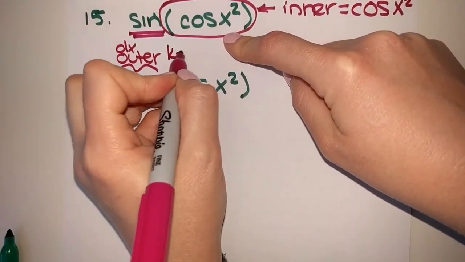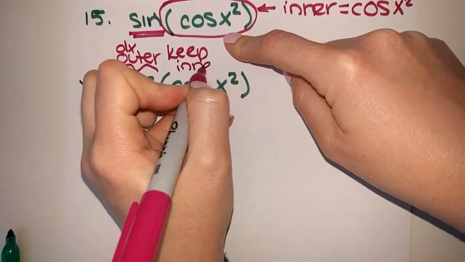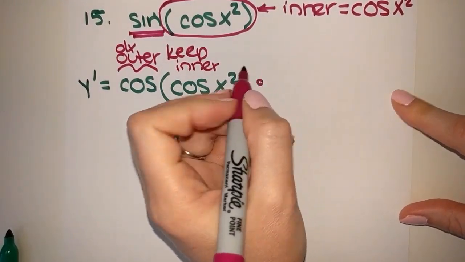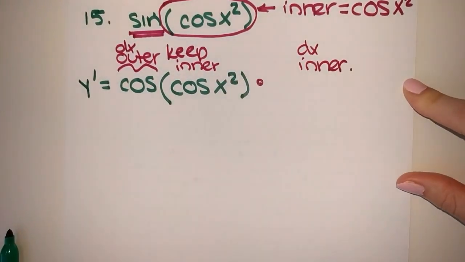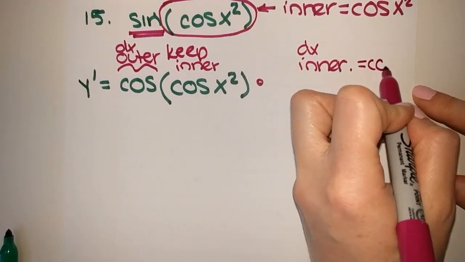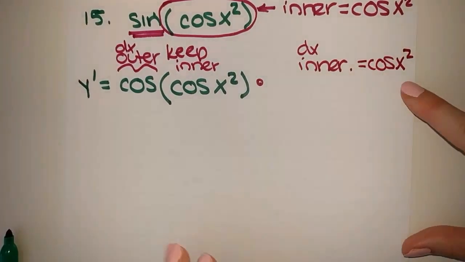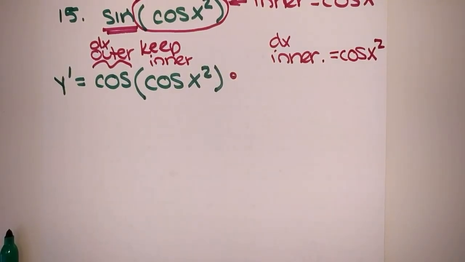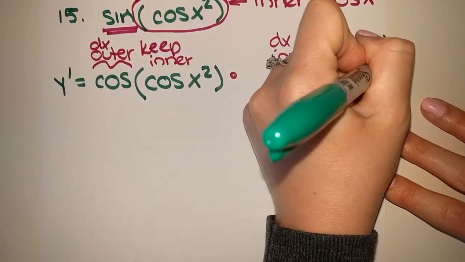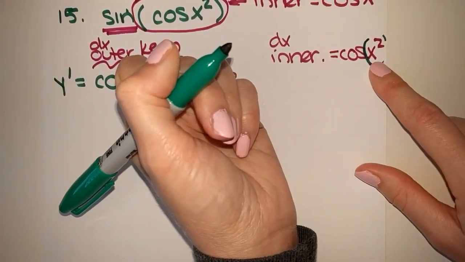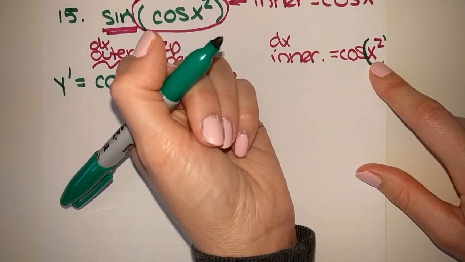and then keep the inner fixed. Now we need to multiply that by the derivative of the inner. Now the derivative of the inner is cosine x squared. And if you look at cosine x squared and you superimpose the parentheses, you have a parenthesis around this x squared. So because you have a parenthesis around that x squared, we need to use the chain rule for that